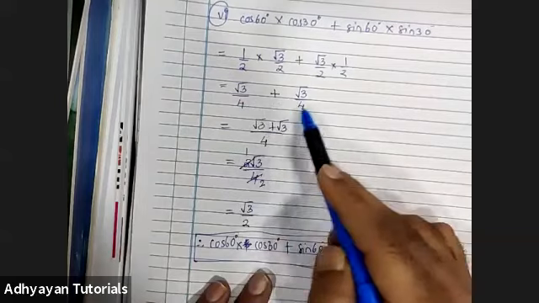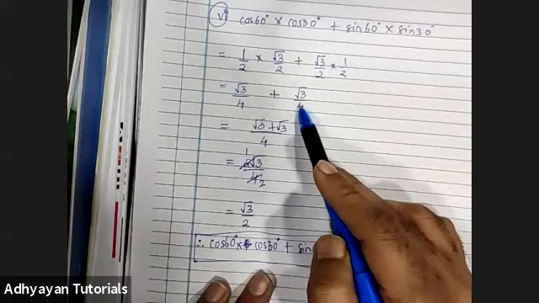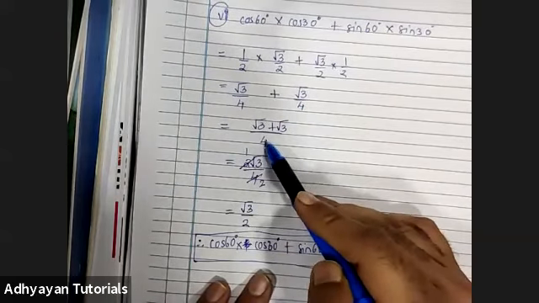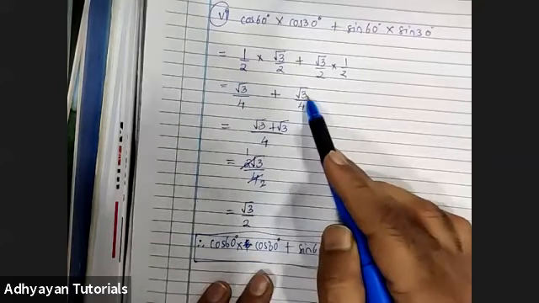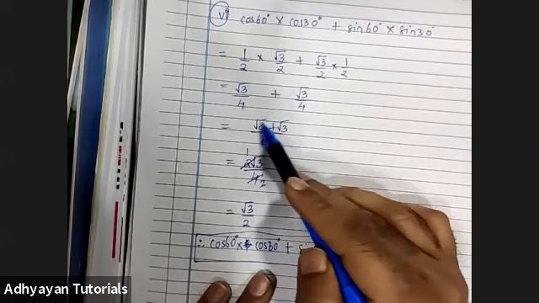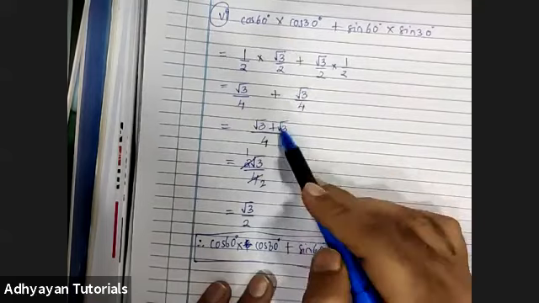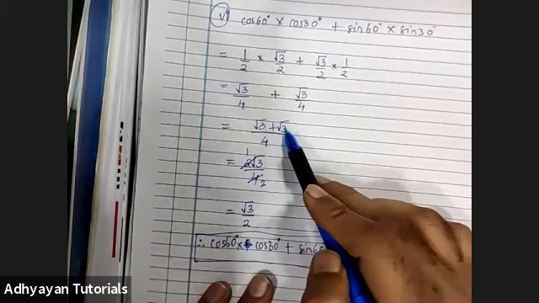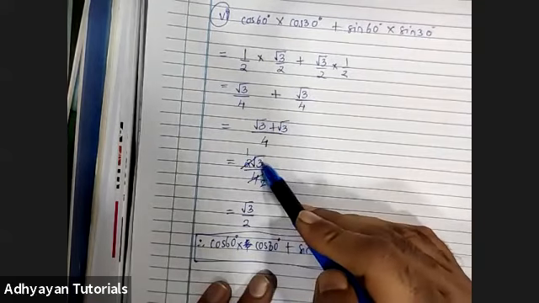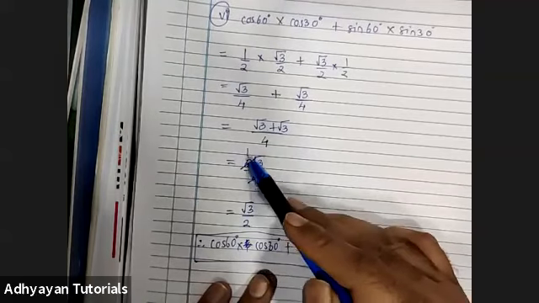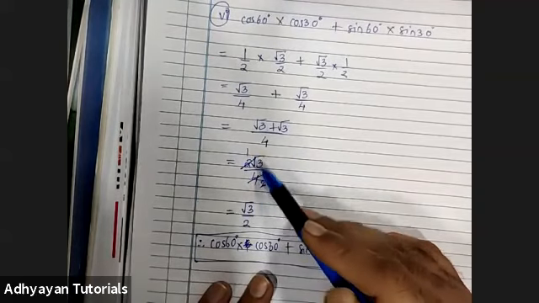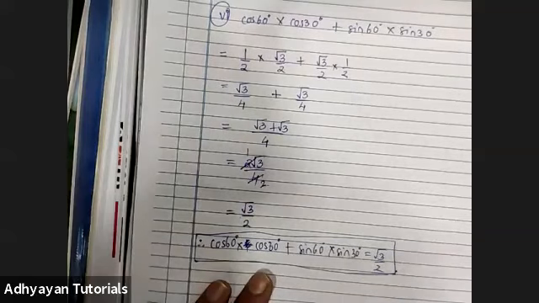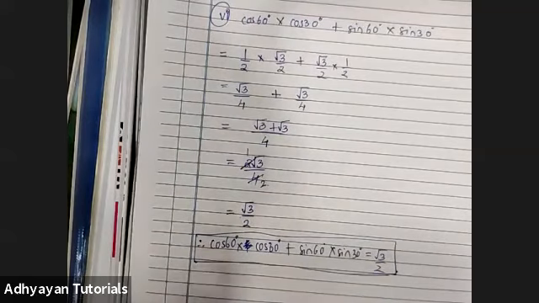See, denominators are equal, 4 and 4. So whenever denominators are equal, we write it once and then we operate the numerators. Operate means if there is plus in between, then add; if minus in between, then subtract. So when you add, what is root 3 plus root 3? It is 2 root 3. And 4 is written as it is. So 2 ones are, 2 twos are. The final answer is root 3 upon 2. I hope Fenil has understood that.